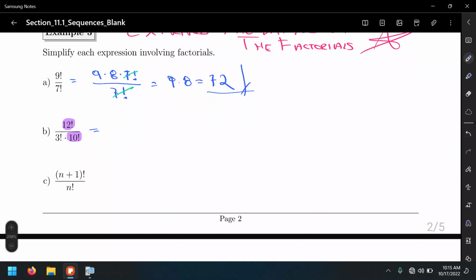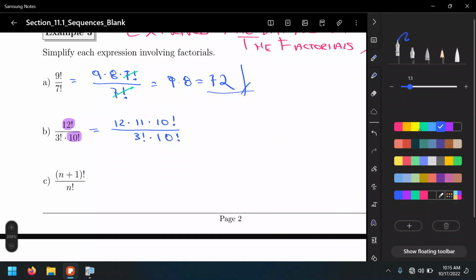So that's 12 times 11 times 10, but because we have already our 10 matching with the factorial below, make that a factorial. All right? And well, that's 3 factorial in the denominator. The extra factorial, just leave it as 3 factorial. All right? So number 1, we may go about canceling these 10 factorials, and we will be left with